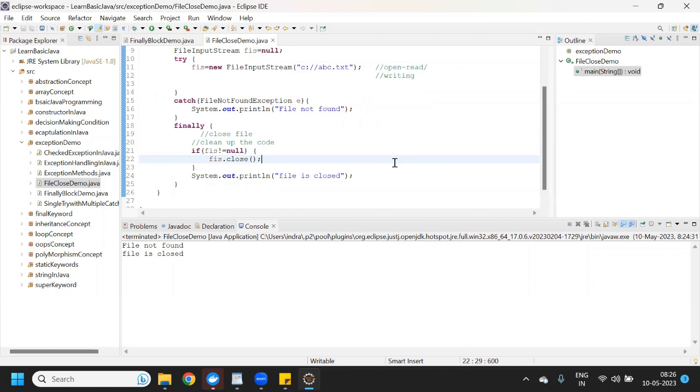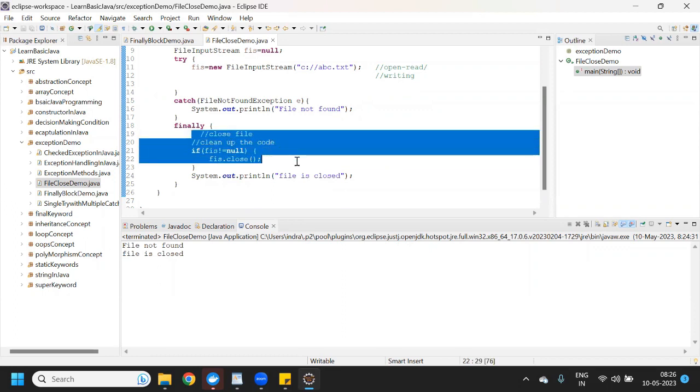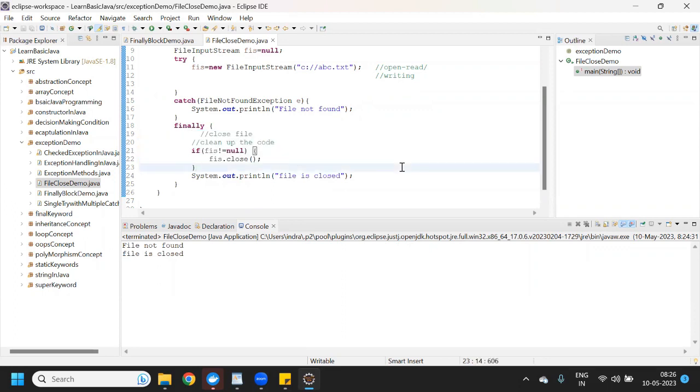If any exception occurs while reading or writing a file, then the below code will not be executed, and the resource will not be able to close the file. That's why we write this kind of code under the finally block, right? So this is why we use the finally block in our program or in our framework.